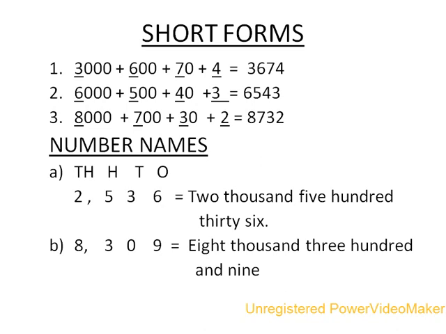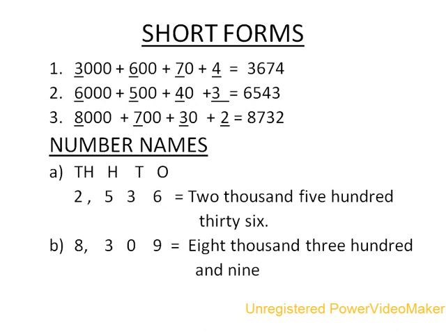See, as in this example first, the 1000 place has 2, 100 has 5, 10 has 3, 1 has 6. Whenever we do the number naming, we separately say 1000 and 100, but tens and ones are said all together. Now you can see with the example, it will be 2536. You have to name their place.